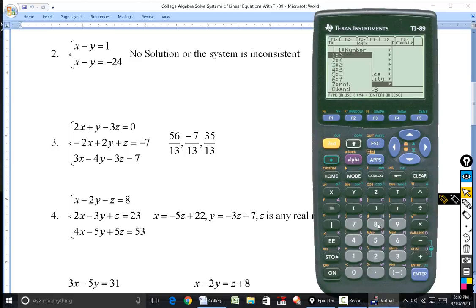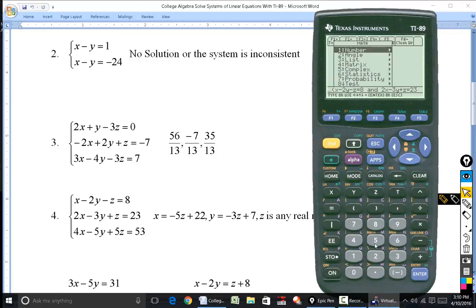So that would be 2x minus 3y plus z is equal to 23. Okay, again, the word "and." So second, 5, get to the math menu, then number 8, and then number 8 again to access the word